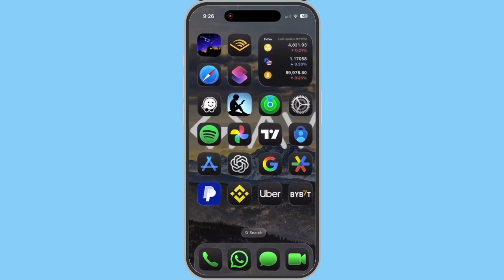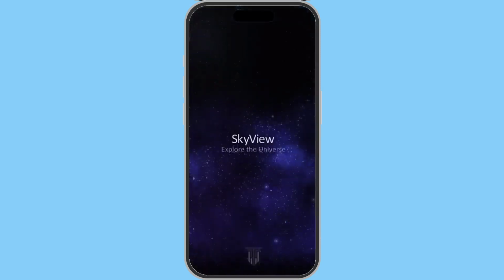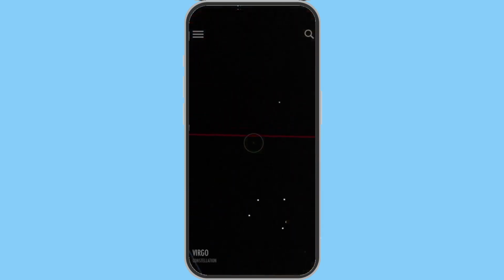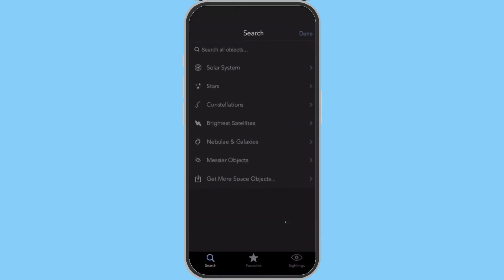This app uses your phone's sensors to map the night sky in real time, so once it loads, you'll see a live view of the sky with constellations, planets, and stars overlaid. To look up a specific star, tap the magnifying glass or search icon at the top right. This opens the search panel, which is the quickest way to jump straight to what you want without scanning the